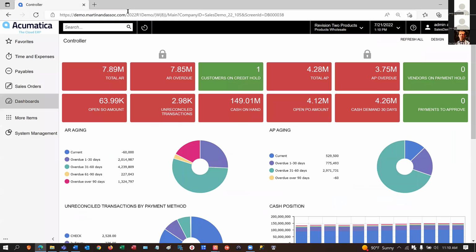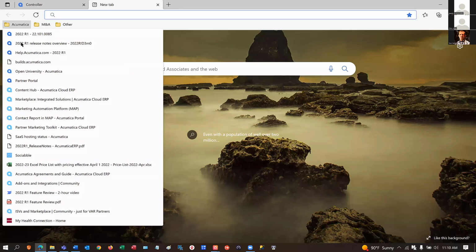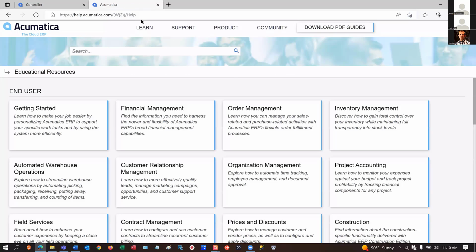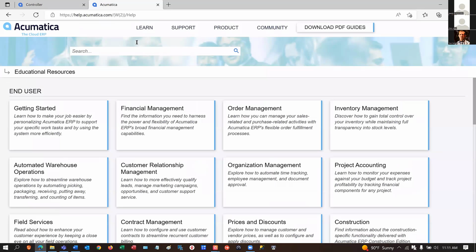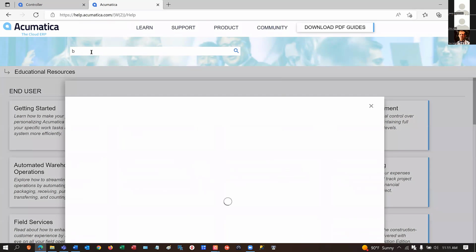All right. Next, I'm going to introduce us to help.acumatica.com. This is the publicly accessible help content that we all know well if we are users of Acumatica. It sits behind this little persistent question mark where we get contextual help depending on which page we're on, AP bill or a sales order or a shipment record. All of that content is available to the general public. So if you're not on Acumatica 2022 R1 yet, you can still access the help content and the nitty-gritty of everything. Like one feature we're going to look at today is